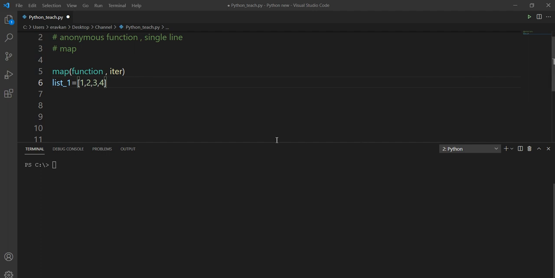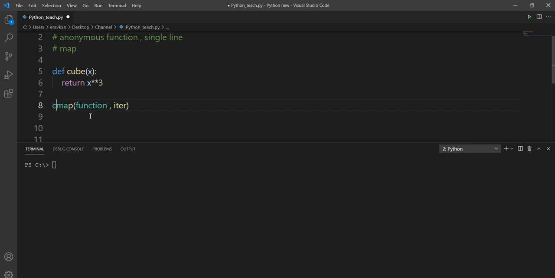So now I will use the map function. For map to work, you need to have a function that is a driver. Suppose I have a function here that I will use to calculate the cube. Define cube x, and it's going to return x power 3. So this is the function you have.